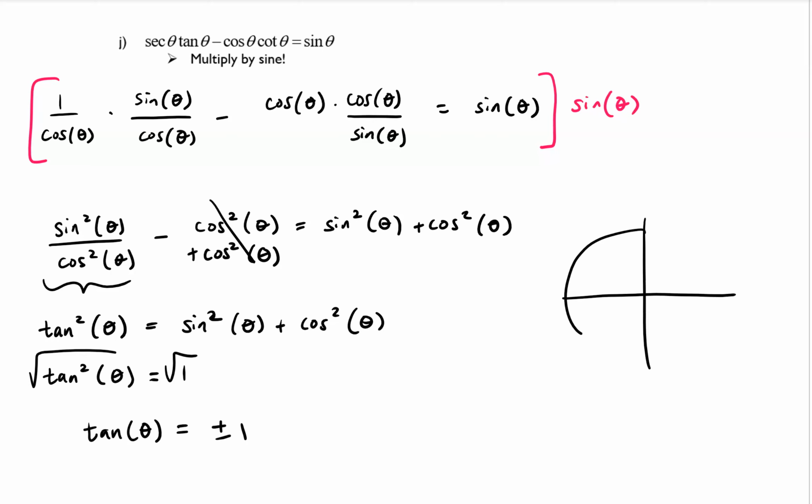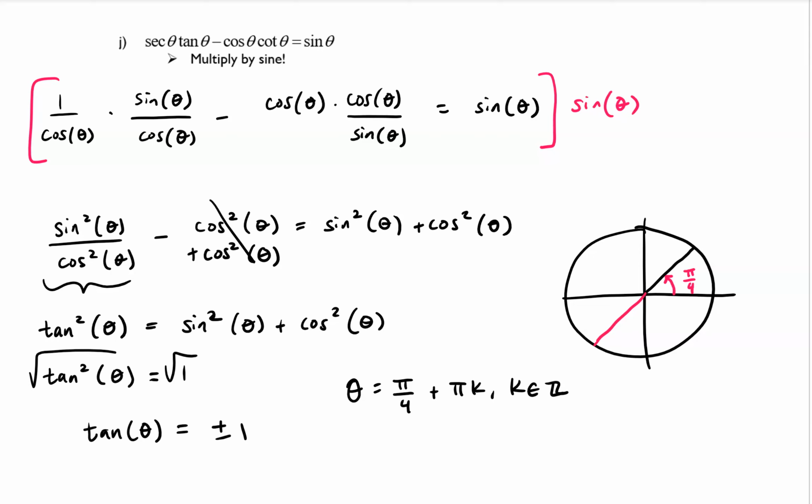All right, so if I'm on the unit circle, I want to think about where tangent is equal to 1 and negative 1. So if I'm in quadrant 1, I know that here the slope of this line segment is 1, and this angle is going to be pi over 4. And then if I add multiples of pi to that, that's going to land me here. If I add pi, that will also give me a slope of the line segment being 1. So we have that tangent of theta is equal to 1 whenever theta is equal to pi over 4 plus pi k,